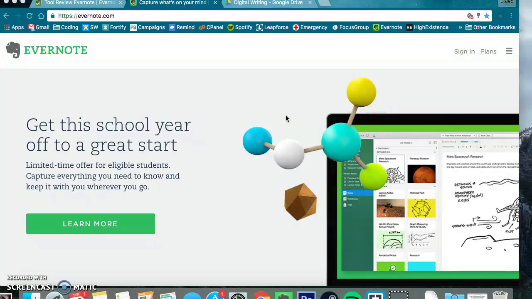Now, Evernote is a very popular multi-platform online text editor. And what that means is that you can download it on your phone, then upload the notes from your phone to a website, and the website will save it so that you can open it up on any computer or any version of the app. The app is available for iOS, for Android, for Mac, and for Windows, as well as